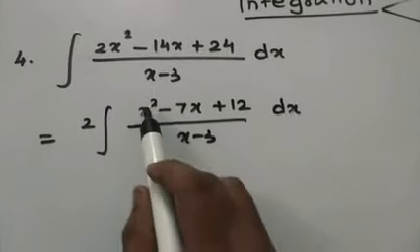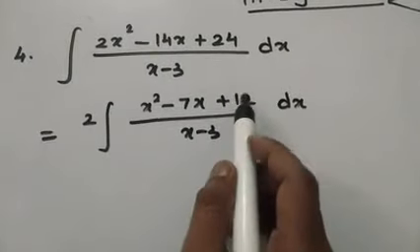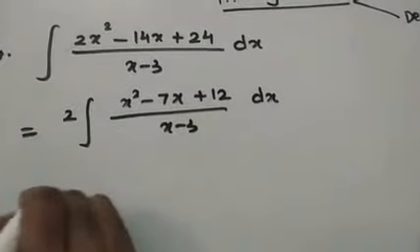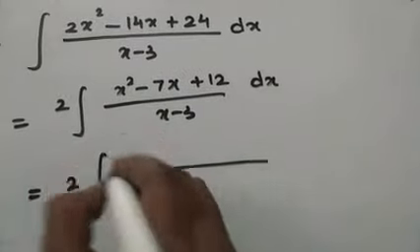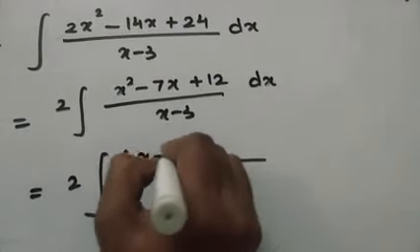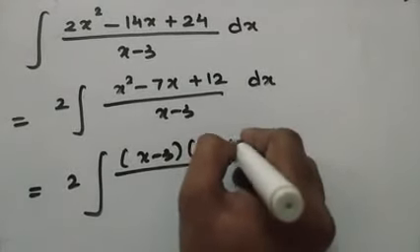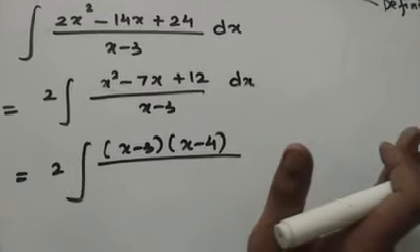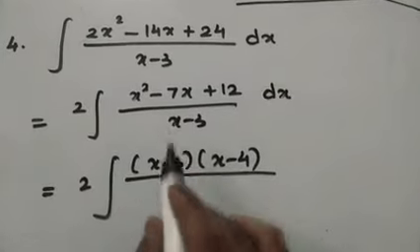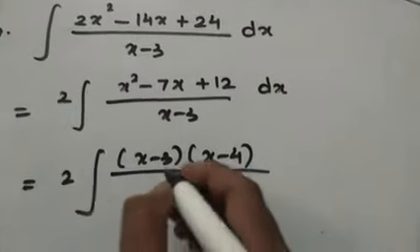Now in the numerator, x square minus 7x plus 12. Now this is your task, you have to middle term this, and after doing the middle term, what you will get, I am just writing directly: x minus 3 into x minus 4. We have done middle term multiple times, so now I will not tell you how to do it. So you will just do the middle term here and write